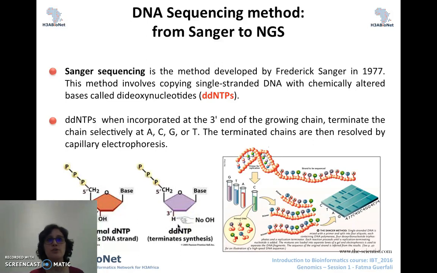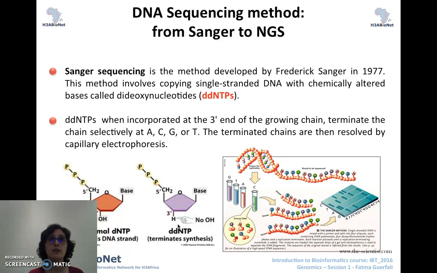So in fact, the reaction volume contains the DNA sample that is divided into 4 separate sequencing reactions containing all 4 of the standard deoxynucleotides that are dATP, dGTP, dCTP, and dTTP, and also the DNA polymerase. So to each reaction is added only one of the 4 ddNTPs that terminates the chain, in approximately 100 times lower concentration,